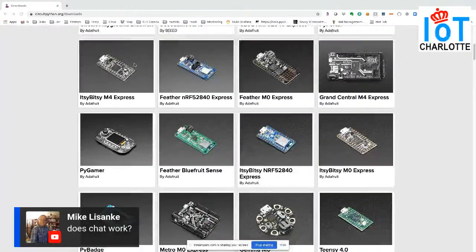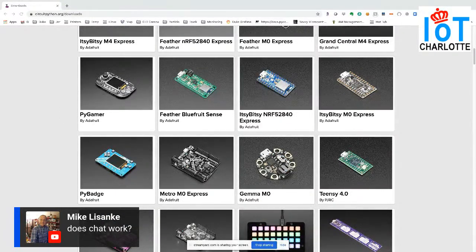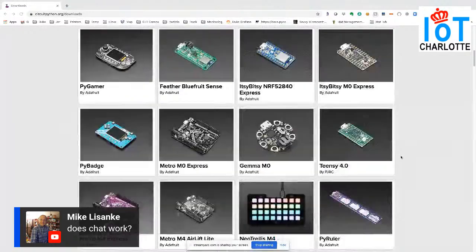You've got an Itsy Bitsy M4 in case you need something a little more compact. And there's actually a daughter board for this that's ESP32. It's called Airlift, and you can use that for Wi-Fi. So it makes that pretty good. There's a PyGamer control, so you can build that out and play games.